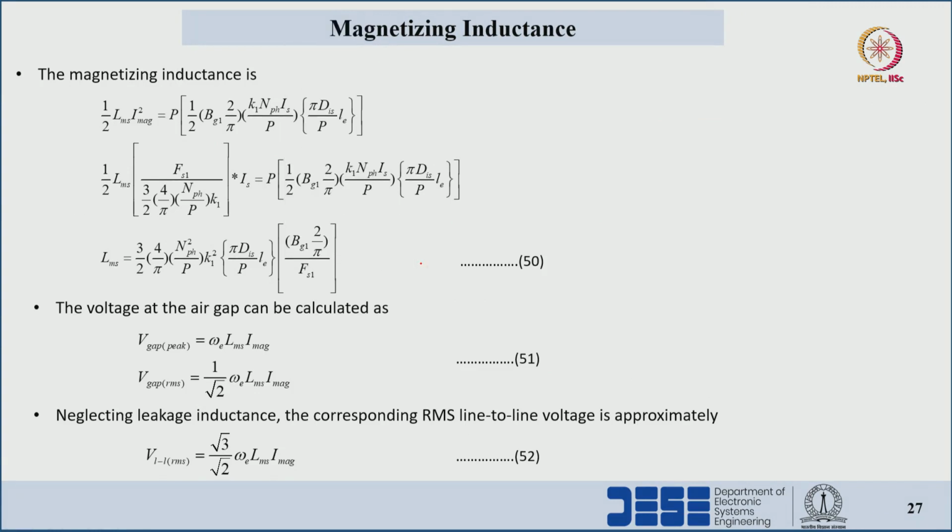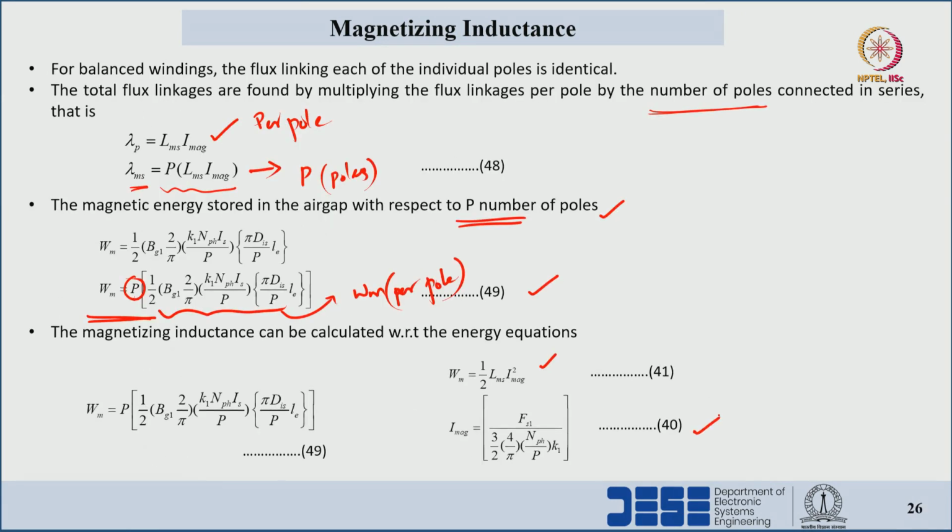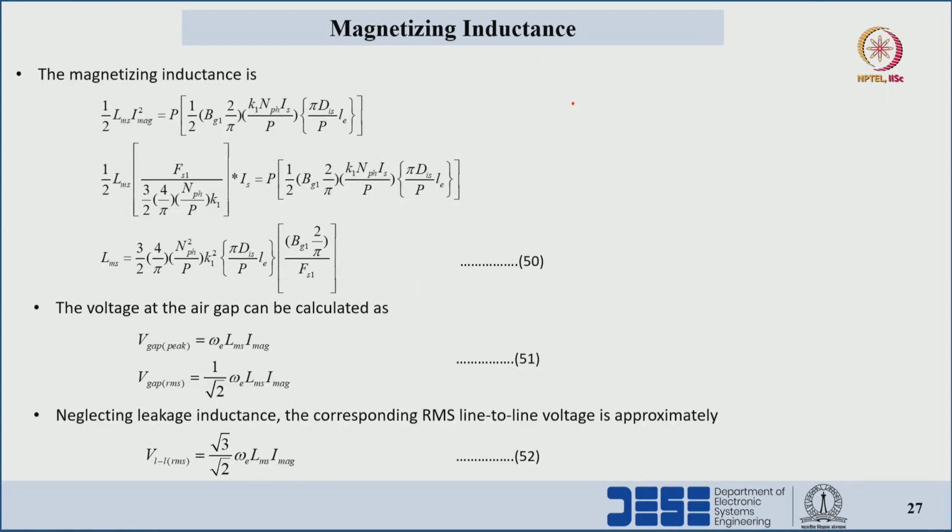Here, sorry, equation 40 also we have derived already for the magnetizing current per phase. So, by substituting the magnetizing current and the magnetic energy with respect to all poles,